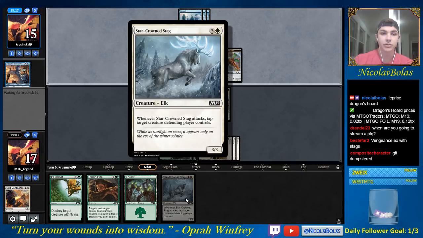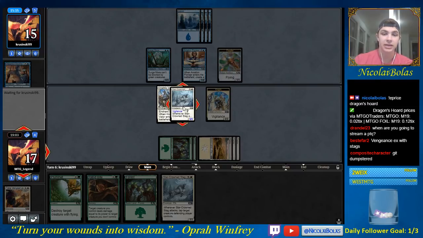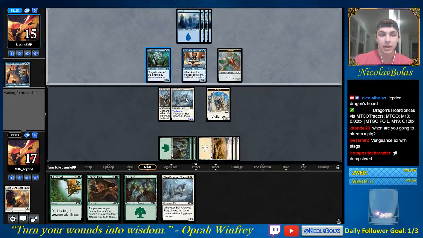Like if he has Essence Scatter and I go for Starcrown Stag, he counters it and he's in fine shape. I can't attack with this and hold back to block the Surge Mare. Now I can block Surge Mare easily. And I think